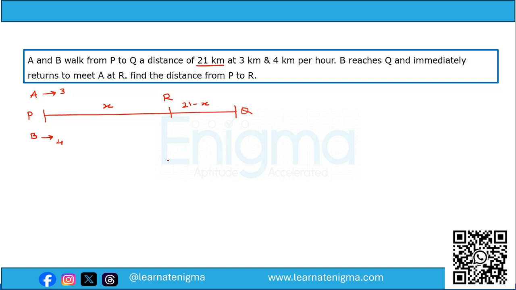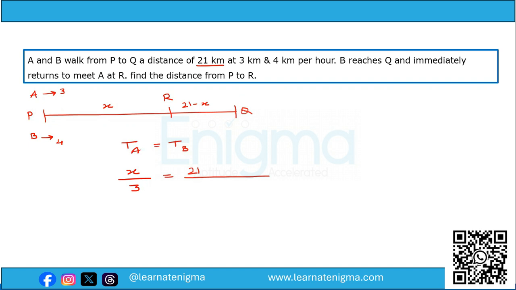Now the general formula for time is equal to distance upon speed. Now A has traveled only distance PR. So time of A is equal to time of B. Now distance covered by A is just PR, that means X, and speed of A is 3. So X upon 3 is equal to, now B has first of all covered distance PQ, that means 21 kilometers,